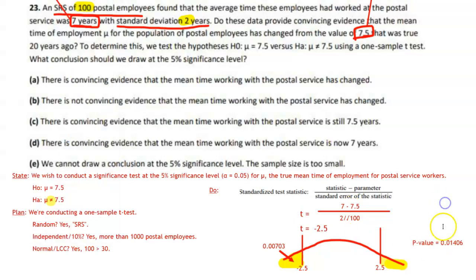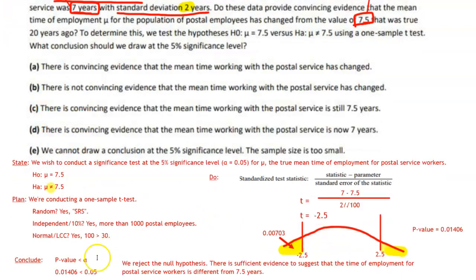All right, there's our do step, which means I'm up to my conclude step. Comparing that p-value to alpha, we can see that 0.01406 is less than 0.05, which means we reject the null hypothesis. There's enough evidence to suggest that the time of employment for postal service workers is different from 7.5 years. Okay, so now after all that, after this little mini free response question, let's take a look at what the